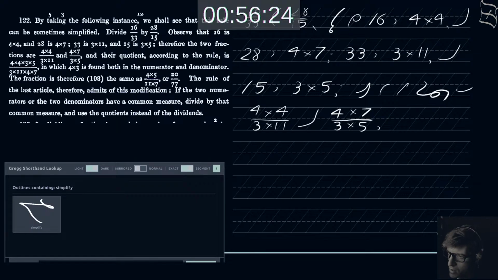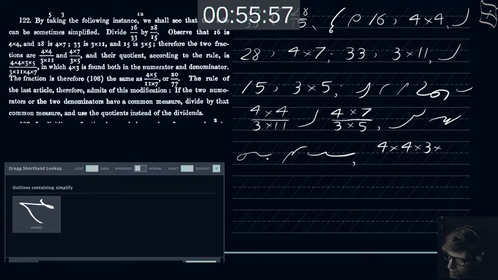And their quotient, according to the rule, is 4 times 4 times 3 times 5, all over 3 times 11 times 4 times 7,